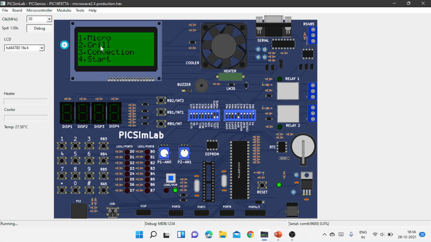When we see the display, we have micro, grill, convection, and start. When we press the first key, that means number one key, we will get micro operation. Here power is equal to 900 watts and it asks time. Let us enter the time as 5 seconds.